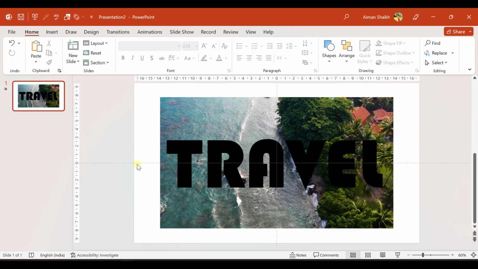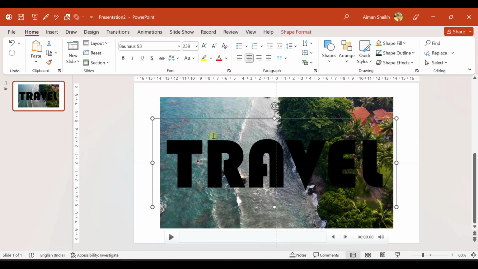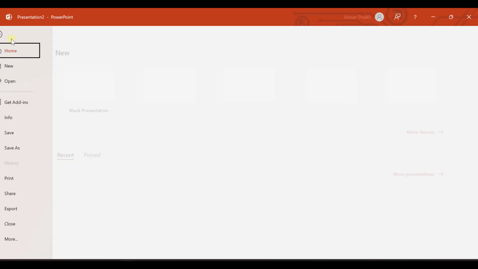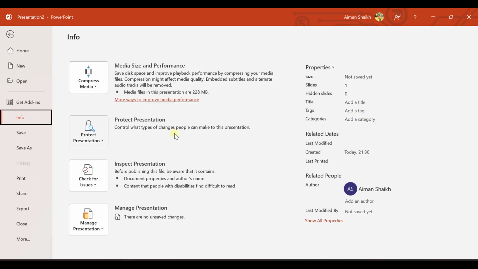So now I have ready two objects. One is the video and other one is the text box. Now the main step is that you need to merge these two, and you have to take the intersection part of both of this. So for that we need a merge shape options enabled. So let me tell you one thing, that I'm using currently